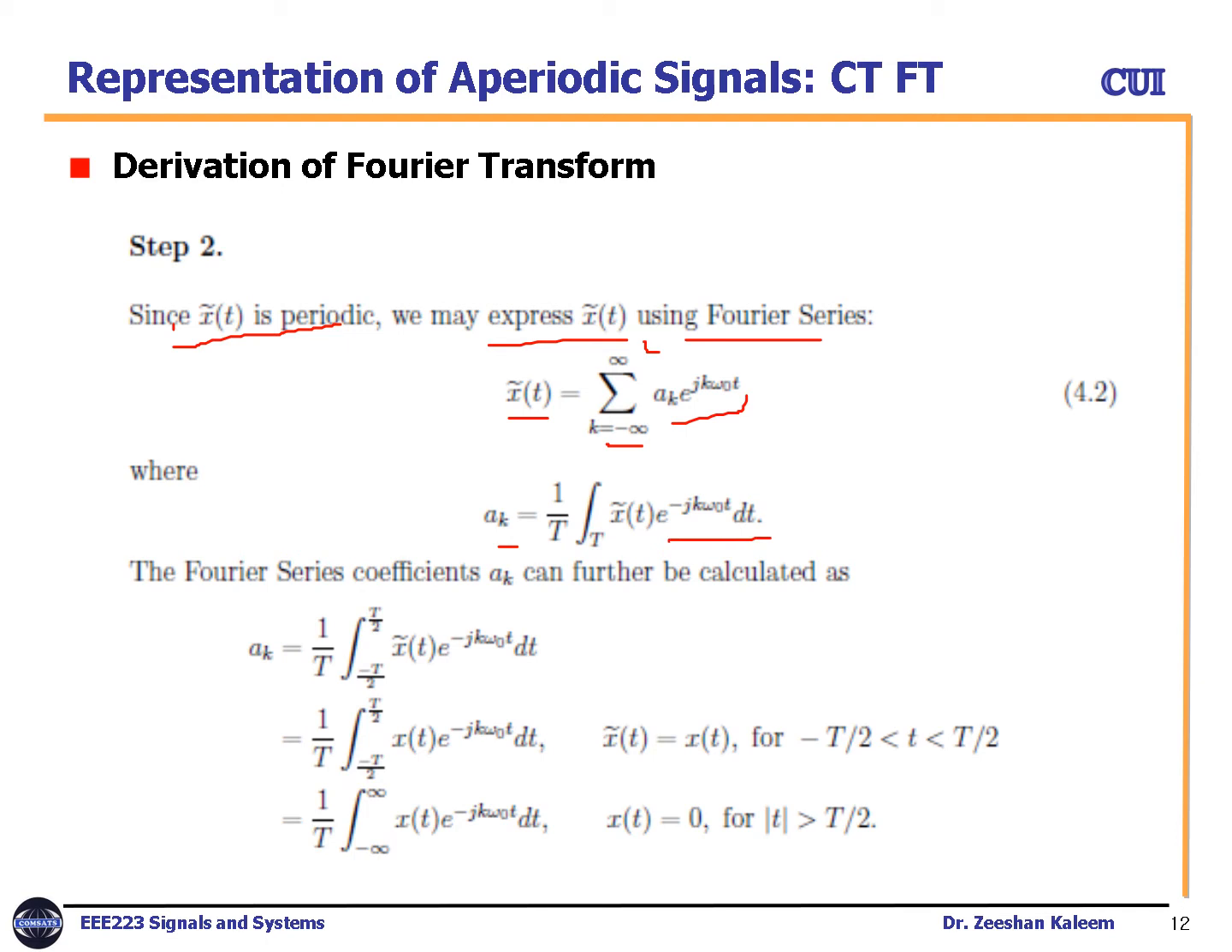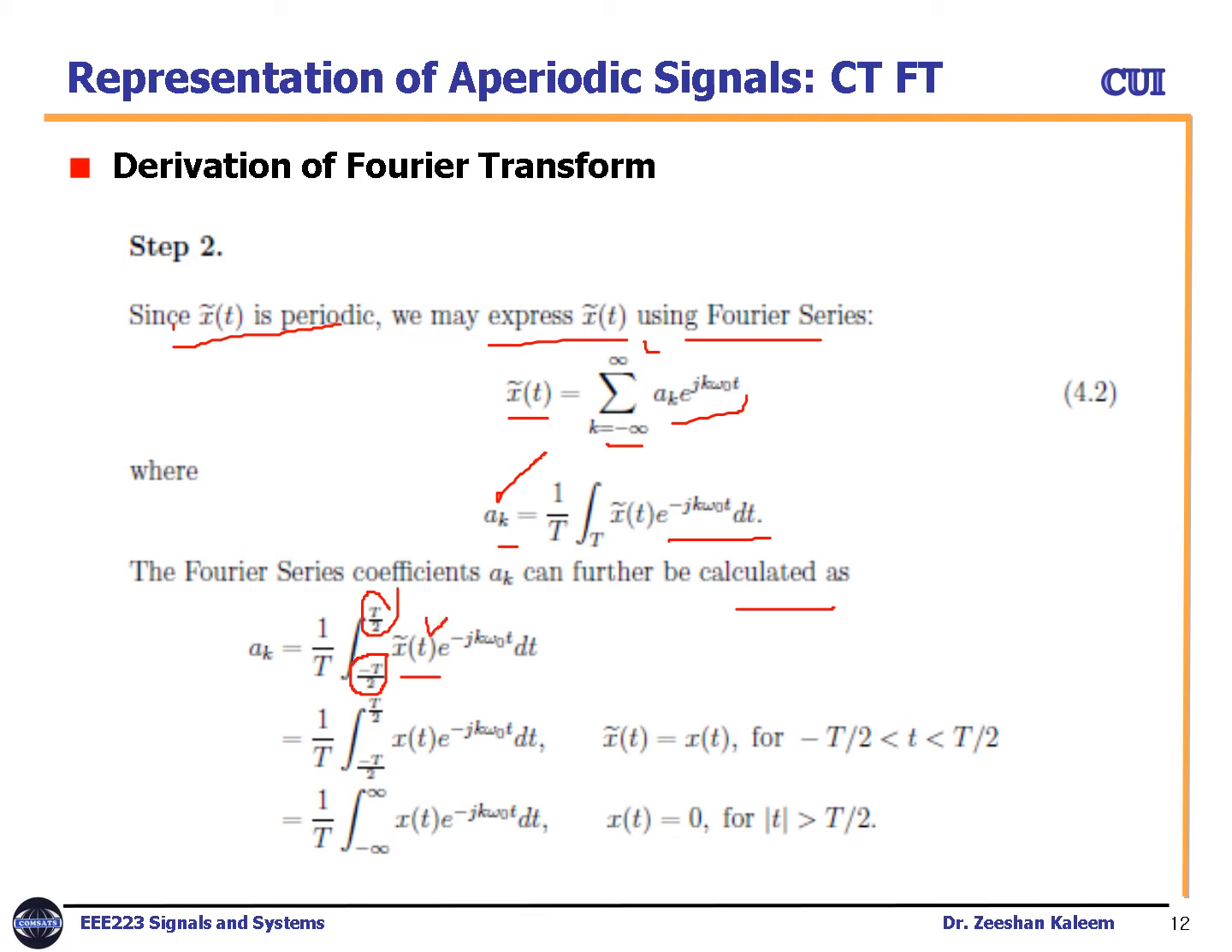The Fourier series coefficients can be further calculated. Now we have to calculate the Fourier series coefficients, and as we know there is a value of 1 only within the duration minus T/2 to T/2. So replace this with a period minus T/2 to T/2 of x tilde(t) e^(-jkω₀t) dt equals 1 over T, integral from minus T/2 to T/2,